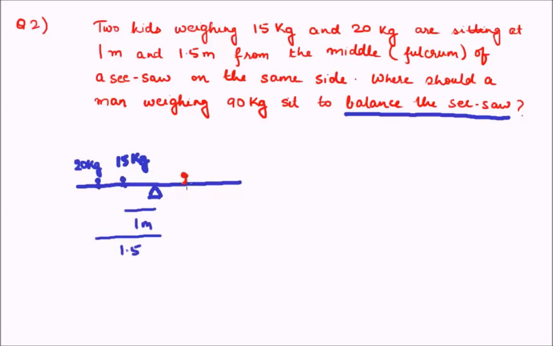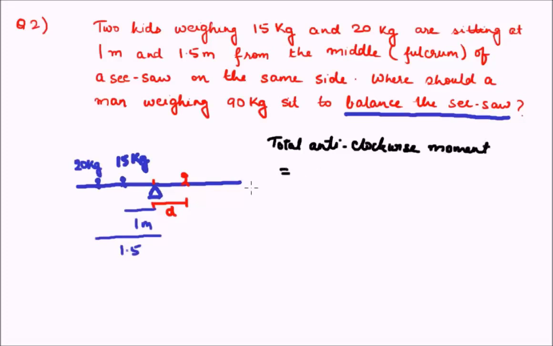Let us say he sits somewhere here. Now we take the distance from the fulcrum where the man sits as d, and we will find out what the distance d is. Let us first check out what is the total anti-clockwise moment created by the two kids. Total anti-clockwise moment